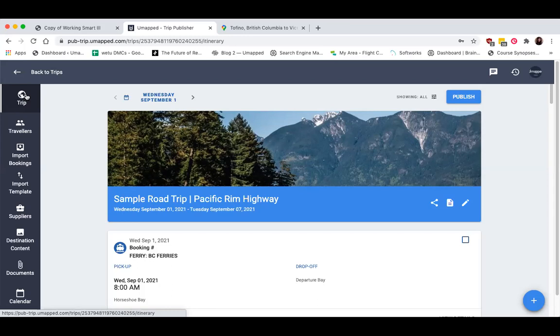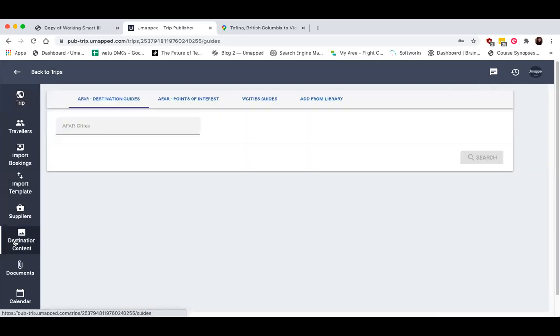If your directions aren't an issue because your clients will be using a GPS, but you still want to provide them with an interactive map, you can do so by creating and adding pages from your library. So like I said, while we won't be going into too much detail today about the library, if you aren't too familiar, just get in touch with CS afterwards for a recording of a past webinar. If you have watched previous webinars, you'll know that pages have a variety of interactive features that appear in the web view, one of which being an interactive map powered by Google Maps.